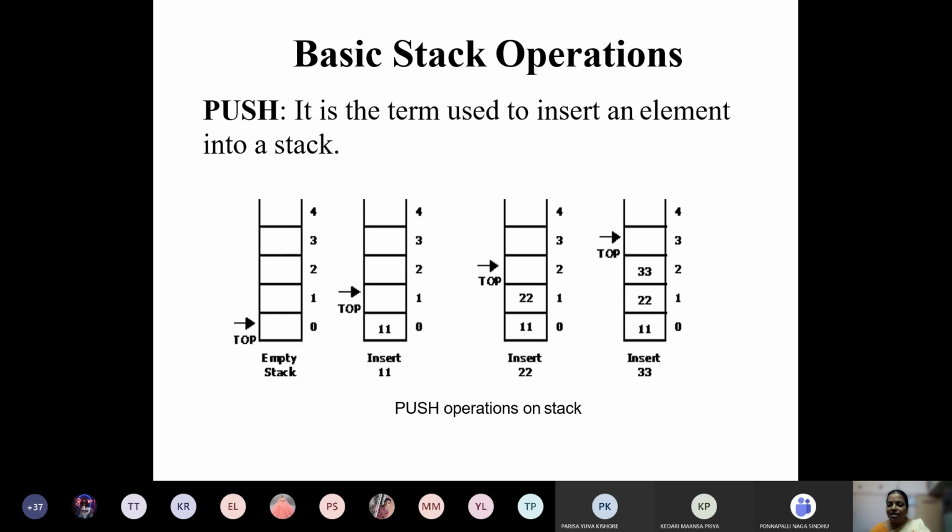To make it last in first out, you need to insert an element at the end of the linked list, so that element can be removed from the stack. Insertion is performed at the top of the stack, so we can use end insertion for the linked list.